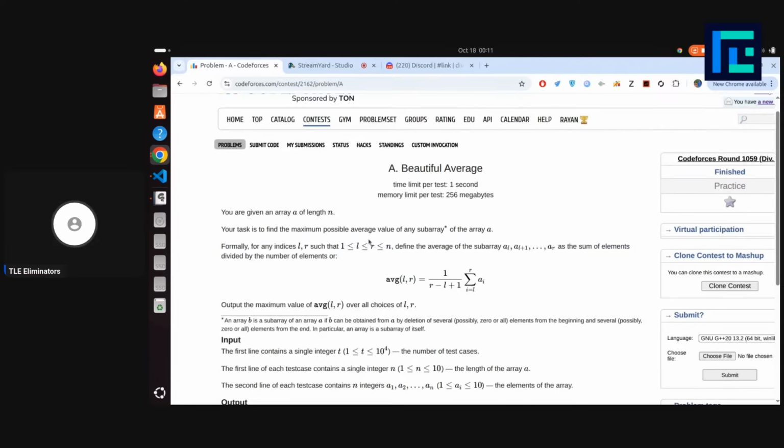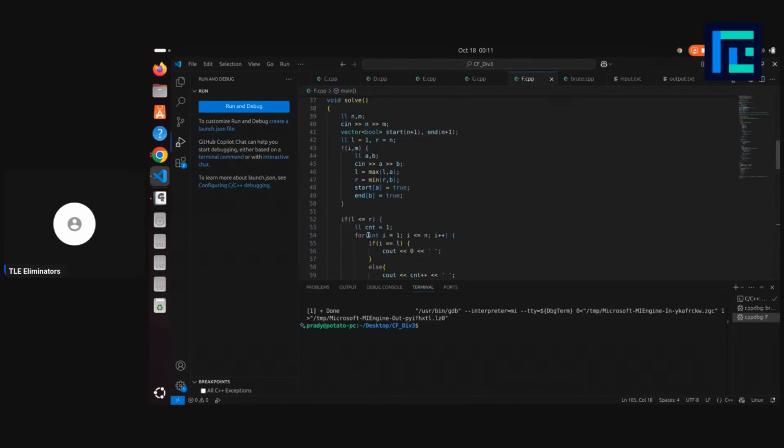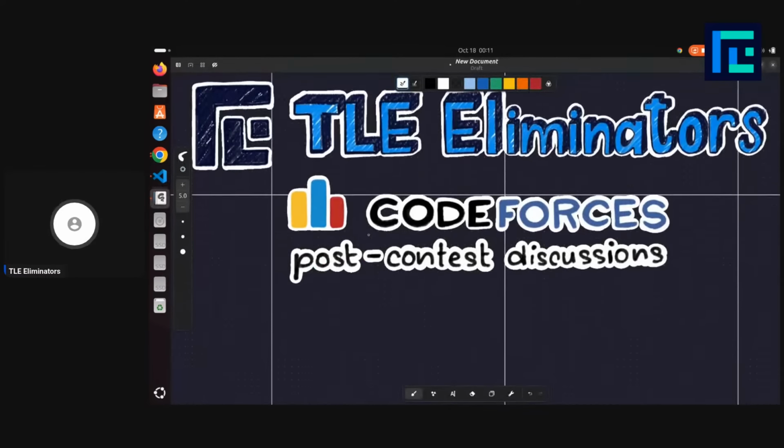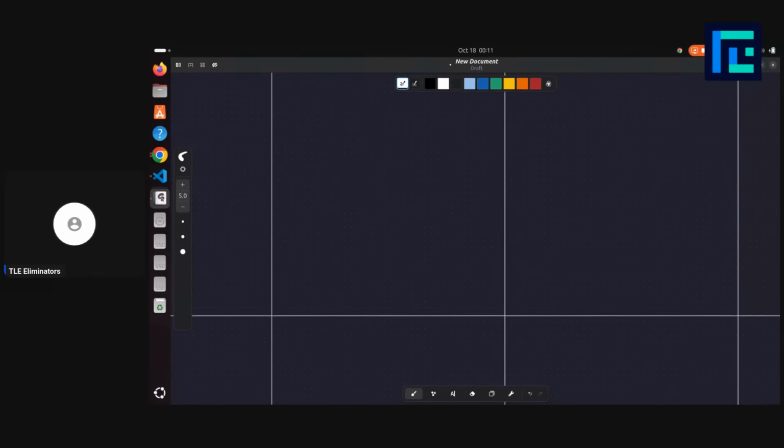Formally it doesn't matter really. It's pretty simple. The statement is pretty straightforward. So what they're saying is that we have an array, right? We have an array, one, two, three, four, five. Let's say a five length array, and we have to find out the maximum possible value of the average of any